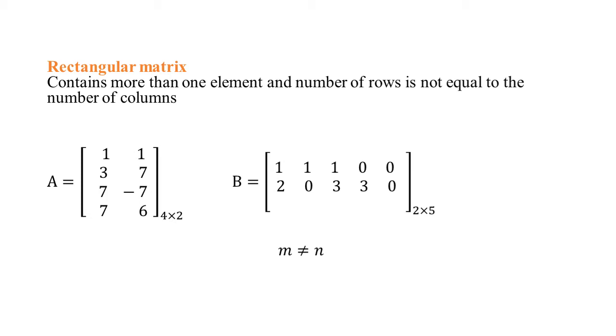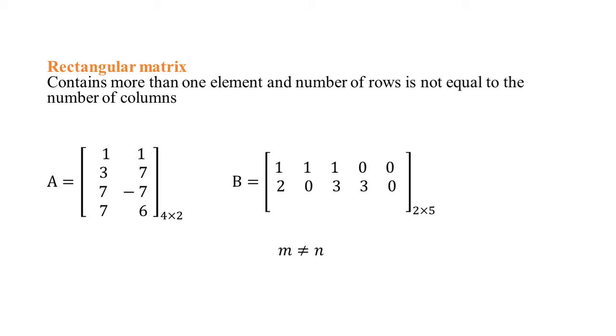So now let us see the first example. A is equal to 1 1, 3 7, 7 minus 7, 7 6. Now let us count the rows. When we count the rows, there are 4 rows. When we see the columns, that is the vertical ones, there are 2 columns. So it is a 4 cross 2 matrix. Since the number of rows is 4 and the number of columns is 2, they are not equal,